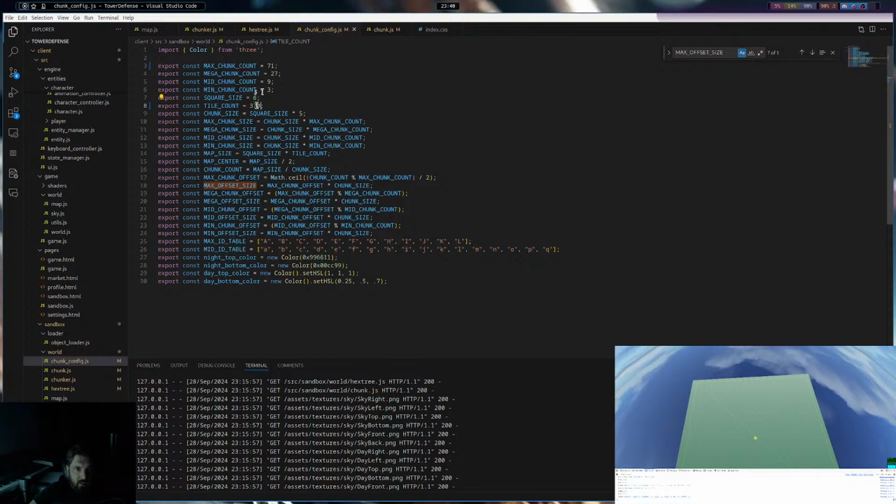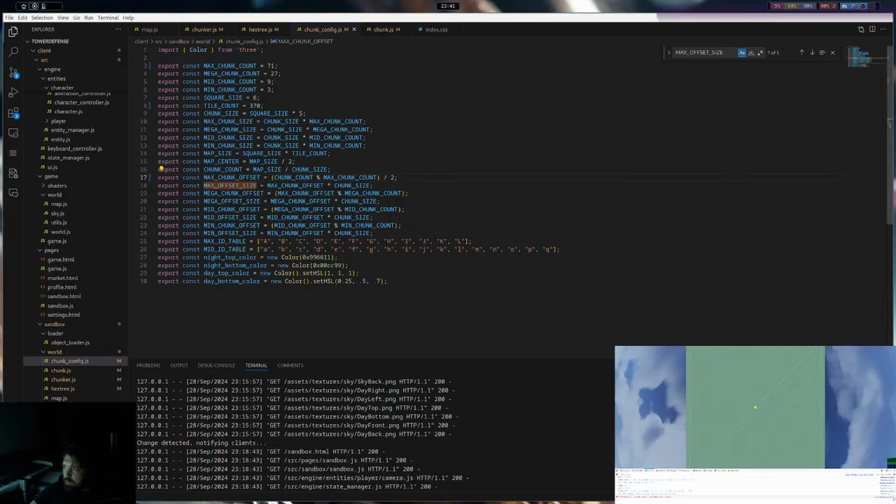So let's just forget that though. Chunk count. The chunk, oh, I see what we're doing. The chunk count is the map size divided by the size of the chunks. So we could be encountering problems because of math.ceiling here. Yeah, there we go.